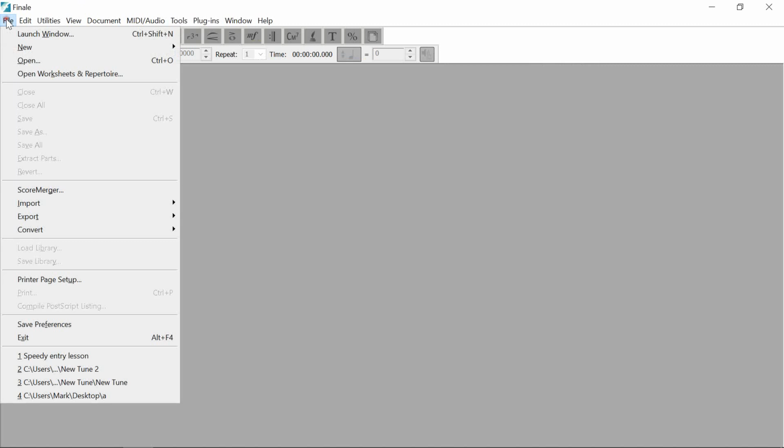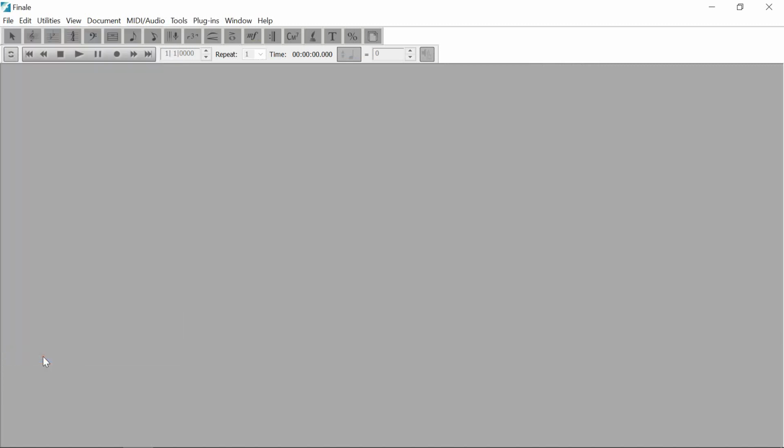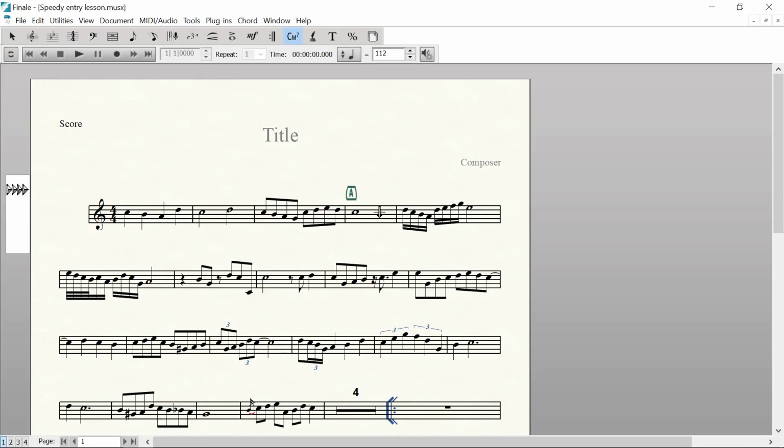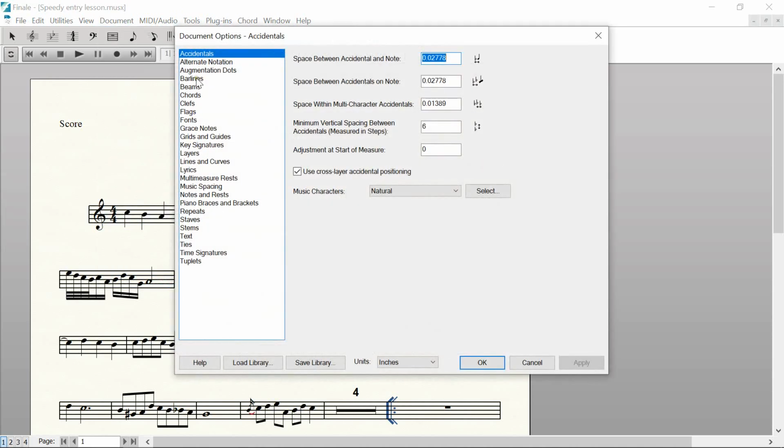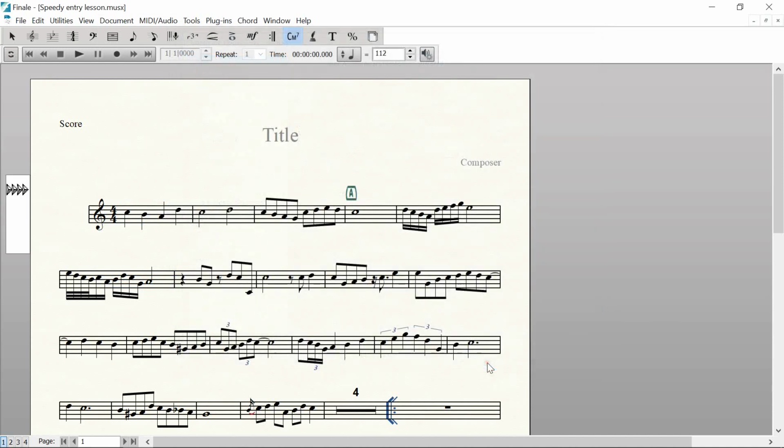I'm going to pull up that Speedy entry lesson. That's where I was making some changes and saving them. Loaded the libraries and I was using the document options, this stuff, making some different fonts and things. So I'll try to explain a little bit more about the importance of why you're working on these things for